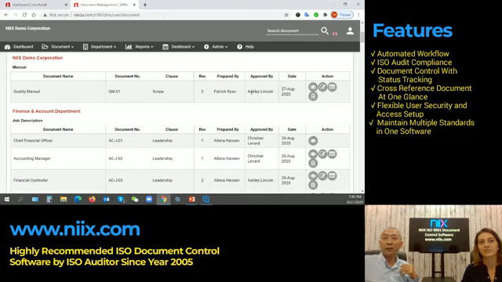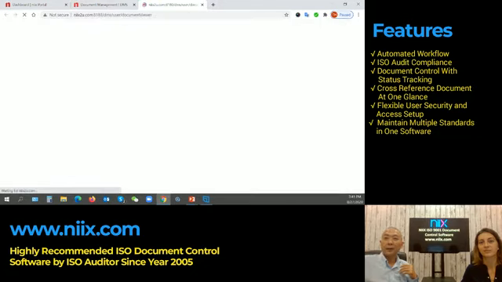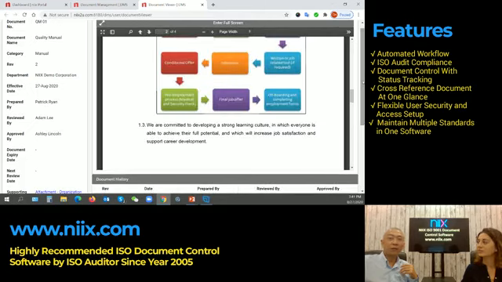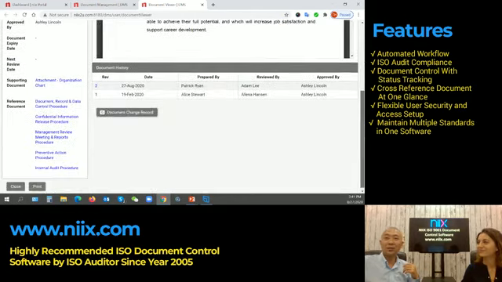And the good thing is, we worried about people accessing the wrong revision of the document. So by using the system, you can see that the system will always display the latest revision number of the document here, revision number 2.